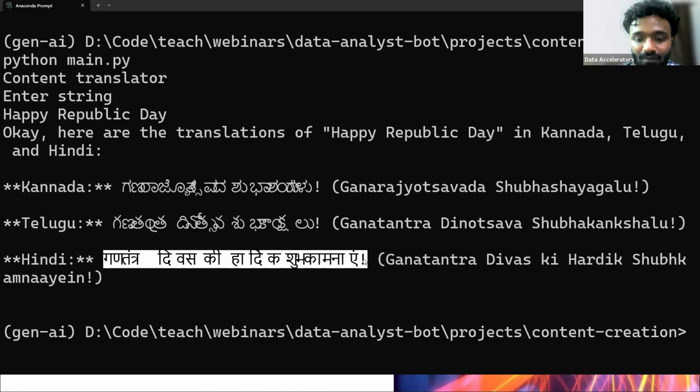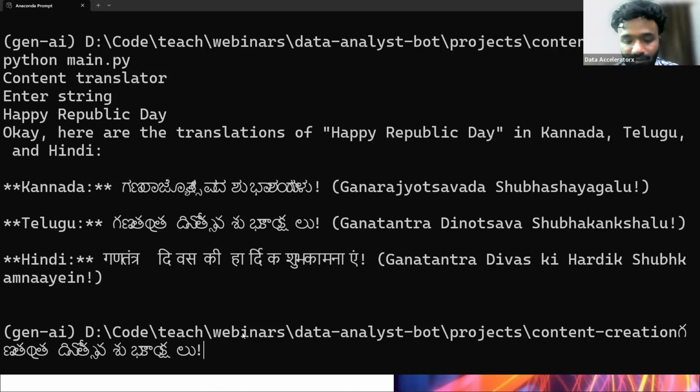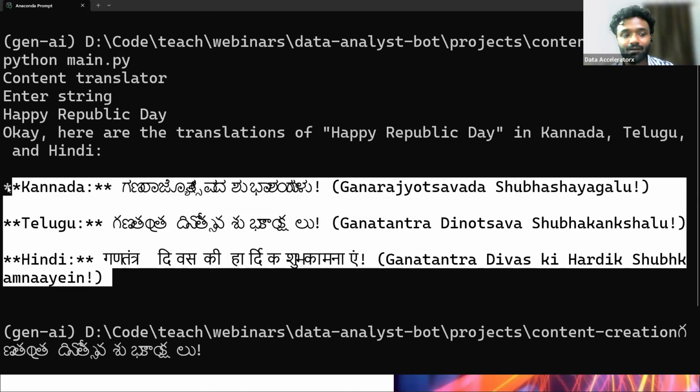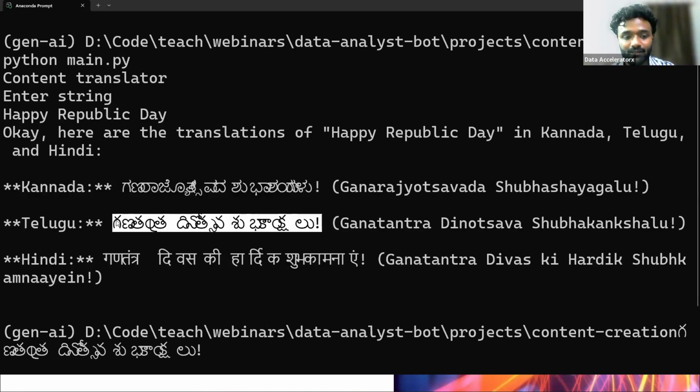in Hindi. Okay, now this might not look that good because in the command line, this text is not going to stay that good. That's why it is not that recognizable. But usually, if you add a UI to this, a good web interface, you can use JavaScript, CSS, everything to do it. But as you see right now, our logic is done, right? So I'm giving a text in English, and it is going to give me three versions in Kannada,